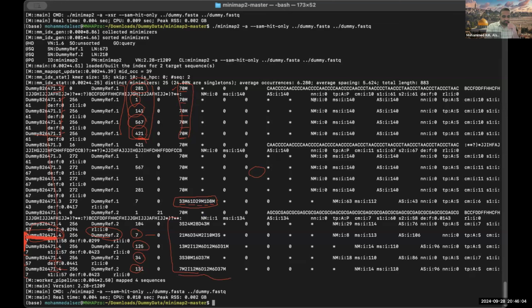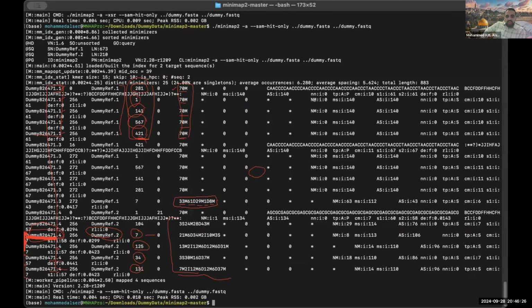Okay. I hope this is clear on how we got the alignment results and how we use sequence alignment in real life, how we report them in what we call SAM format. Now, the second or the last part of the practical side after doing Minimap 2 is how we